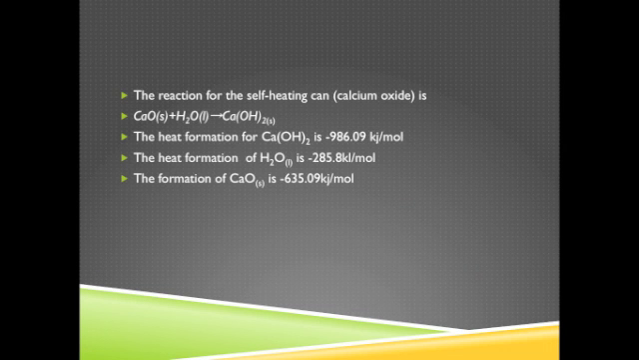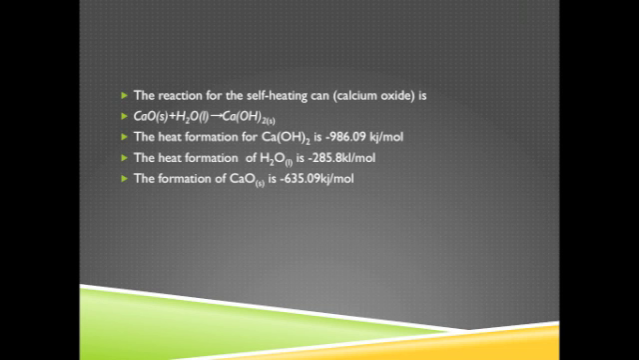The reaction for the self-heating can calcium oxide is CaO plus H2O yields Ca(OH)2. The heat of formation for Ca(OH)2 is negative 986.09 kilojoules per mole. The heat of formation of H2O is negative 285.8 kilojoules per mole, and the formation of CaO is negative